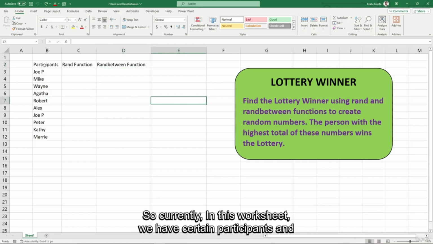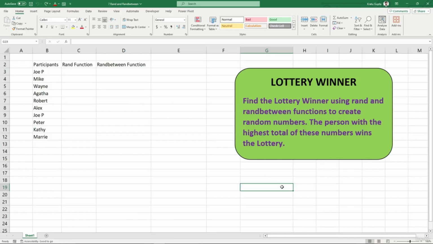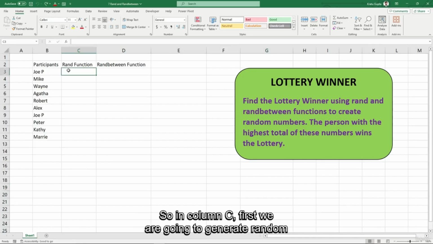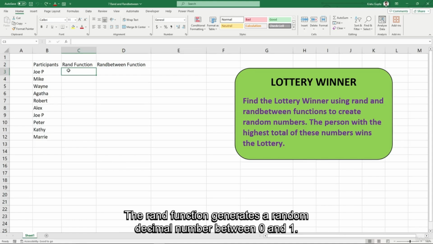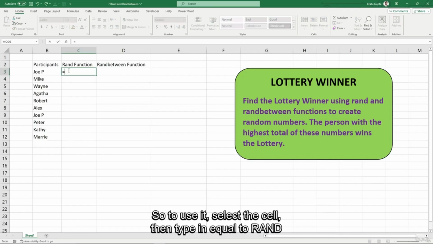So currently in this worksheet we have certain participants and our task is to find out the lottery winner using rand and rand between functions to create random numbers. The person with the highest total of these numbers wins the lottery. So in column C, first we are going to generate random numbers with the rand function. The rand function generates a random decimal number between 0 and 1, including 0 but excluding 1. So to use it, select the cell, then type in equal to rand